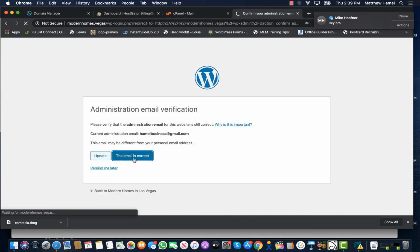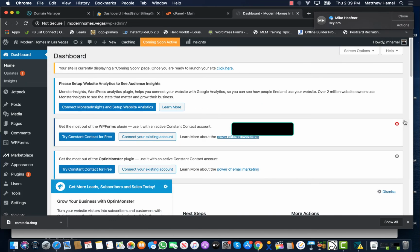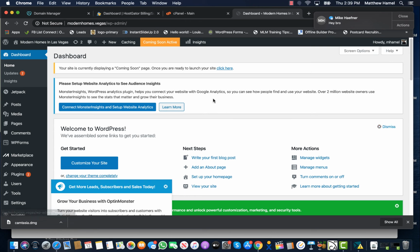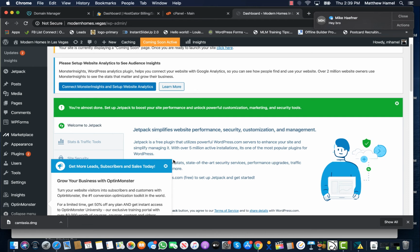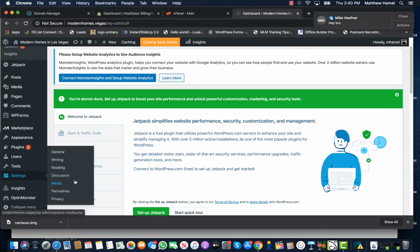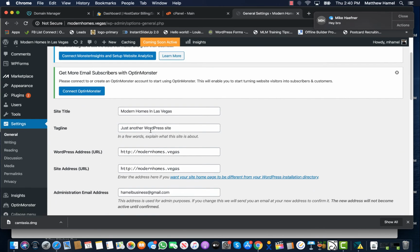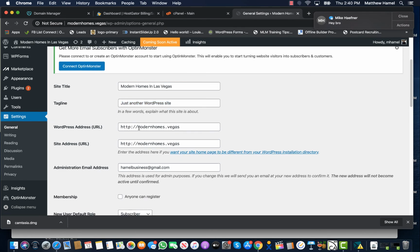Okay, this email is correct. All right, so now the first thing I want to do is change the password. For WordPress settings, I'm going to change a couple things. So you want to change your site title here if you haven't done it already. Your tagline, so kind of what you do. And then what you can do here is add the www,